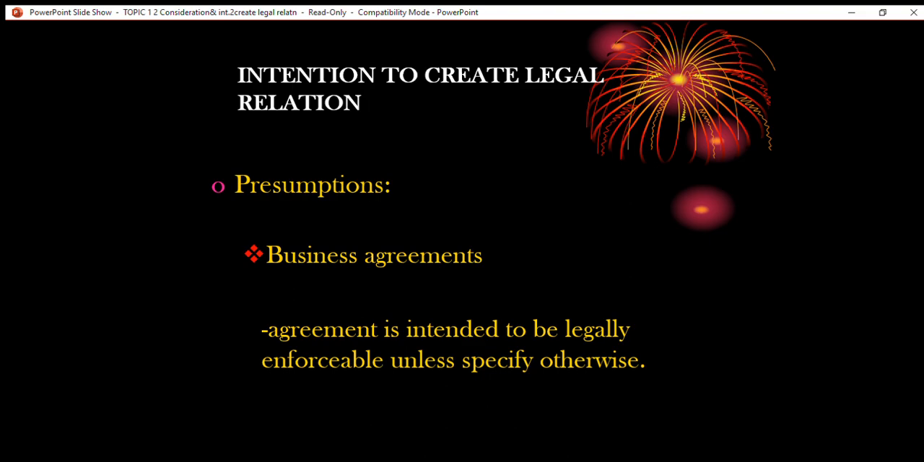Next we have the element of legal capacity. Here you need to know the effects of a contract entered into by a minor. As per the general rule, the contract will be void, based on the case of Mohori Bibi. However, there are certain exceptions where, if a minor enters into a contract, the contract becomes valid. For example, contracts